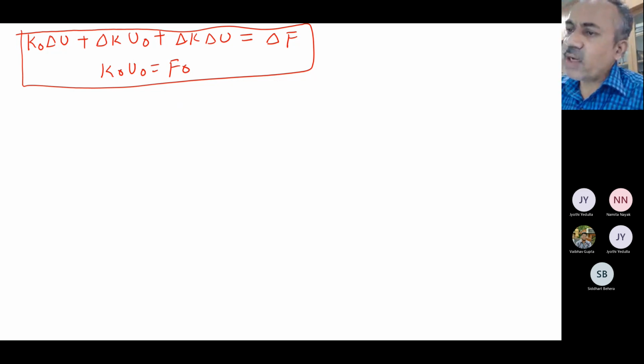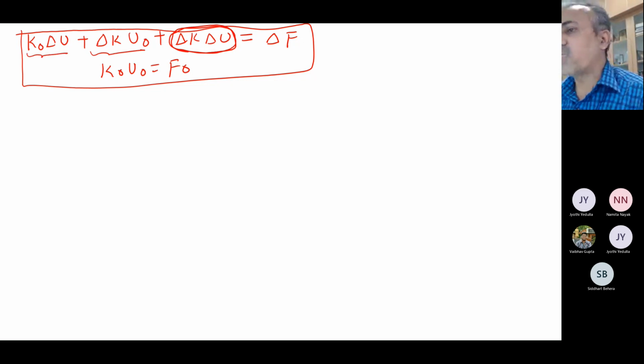generally in most problems, look at the term delta K into delta U. What is the speciality of this third term? What do we do generally? The small value which can be ignored. It can be ignored, but what is happening here is that you are having changes in stiffness. It is like a Taylor series, f of x plus h, where this is second order, because two derivatives are there. So this generally we ignore in our calculations.